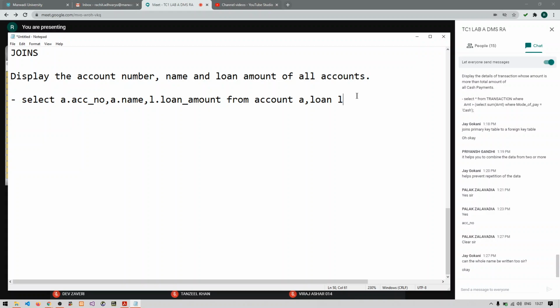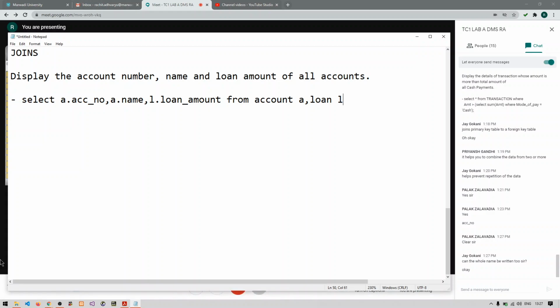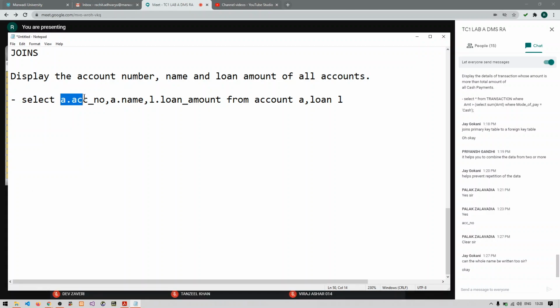Any doubts, anyone so far? So what we have done so far is we have fetched the data from two different tables, and both the tables are represented by individual variables, a and l. Now the second thing we need to provide here is one default condition, and that default condition will be a comparison of common columns of both the tables, right? We need to provide one default condition if we are joining two tables.